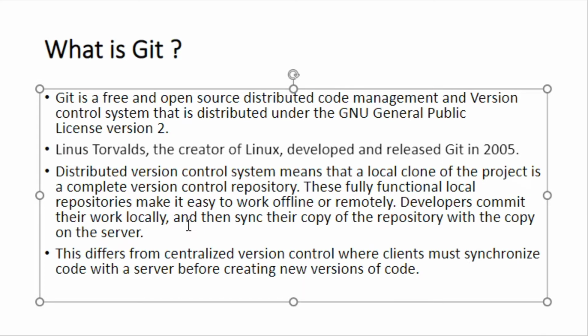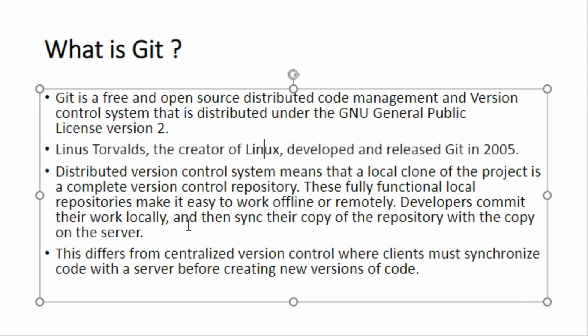But in a centralized version control system, what happens? Whenever you create a new version of your code base, you have to take the latest from the server. For example, you have made some changes on a single file, so you have to push those changes to the central server. Then again you have to take a copy of the latest, because here the concept is a single repository and multiple developers. So in the central server, we will have a single repository and multiple developers working on it. So we are not sure who is making what changes on those repositories. Every time you make your changes, you have to push, and